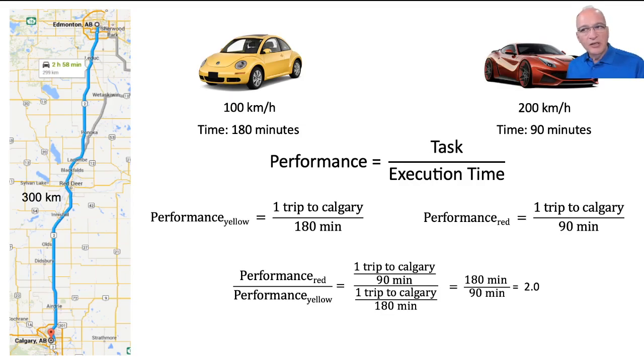Therefore, the expression, the trip to Calgary, will cancel in the expressions, and I have 180 minutes divided by 90 minutes, which is 2. And we'll say that the red car is 2 times faster than the yellow car. Notice that if I had reversed this equation and had the performance of the yellow car on top of the red car,